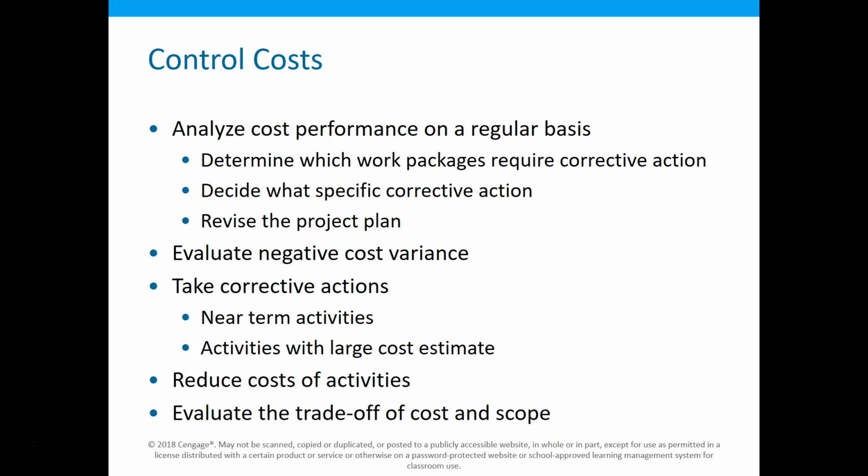You may even go, well, I know my budget's been wrong. I need to examine my contract, because part of the reason my costs are too high is that the cost for materials has gone up significantly. Do we have anything in that contract that says if the cost of aggregate materials goes up more than 2%, we can renegotiate part of that costing? So sometimes we look at that.